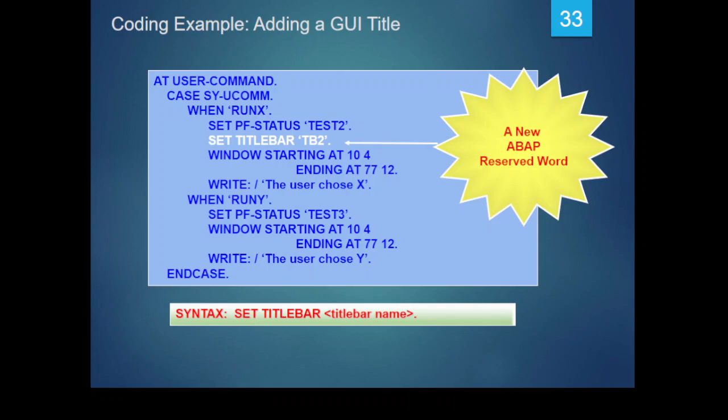Now here is an example of SYPF key. Now this is an example of adding a GUI title. We can also add our required GUI title according to the requirement, by using the SYUCOM system variable, and